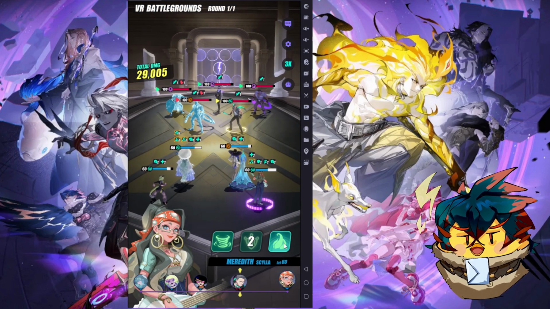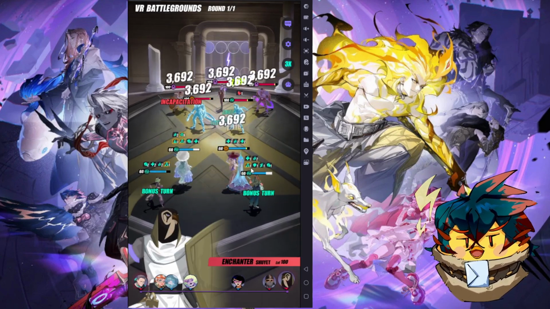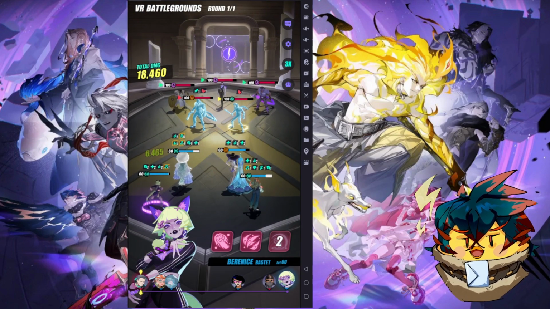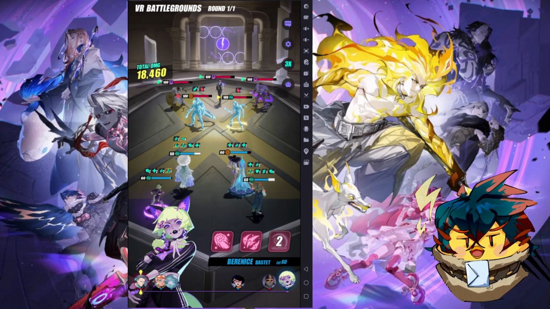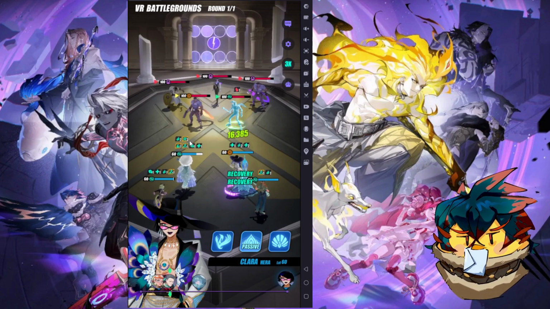Instantly get a bonus turn. Alright, so I can cast my skill again, and the snow cloak will always be here unless they trigger a control effect. So my Berenice and Meredith have the snow cloak, so we get bonus turn, damage, and then